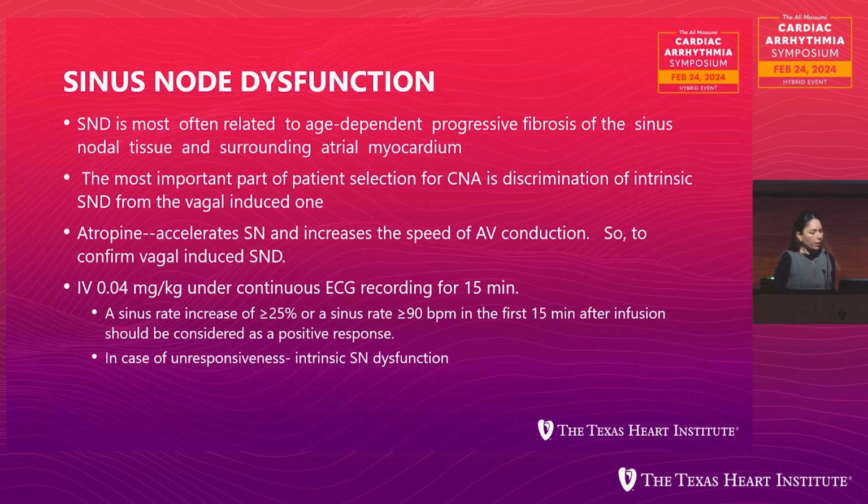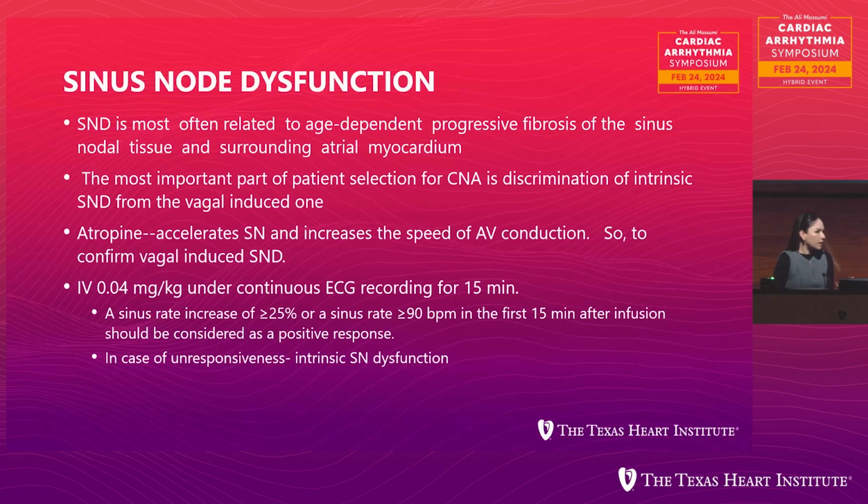The most important part of patient selection for CNA is the discrimination: is it really vagal mediated, or is there already some kind of sinus node dysfunction intrinsic to the sinus node? Those wouldn't be good candidates, and we'll talk about that a little more. So how do you distinguish if this is a dysfunctional, fibrosed, older sinus node? Obviously, age is important, but when you're on the fence, like, this is a young patient, but I'm not sure if they're going to benefit from denervating the heart,